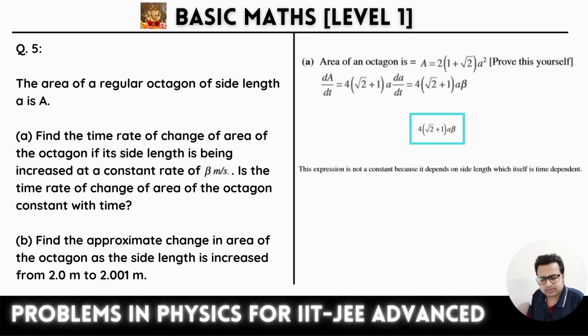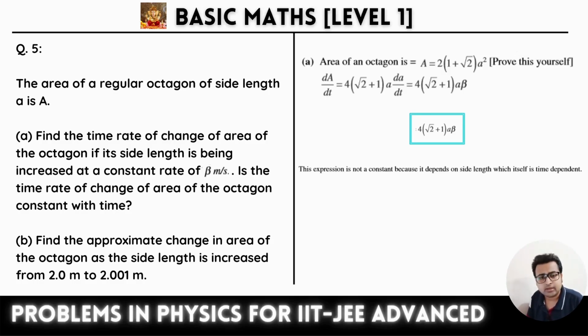So see, one step answer, 4 root 2 plus 1 a beta. In a competitive exam, this is the beauty of the competitive exam. Any problem, whether it is a very difficult problem, will be solved in a very limited time. If you are taking lots of time, you stop and reiterate your strategy because you are making a mistake. If you are taking lots of time, then definitely you have taken yourself onto the wrong path. So we have calculated this time rate of change.